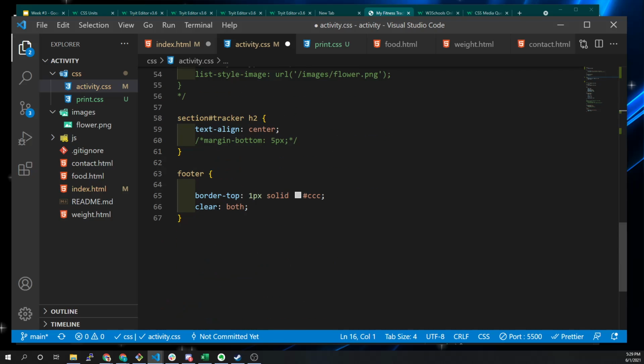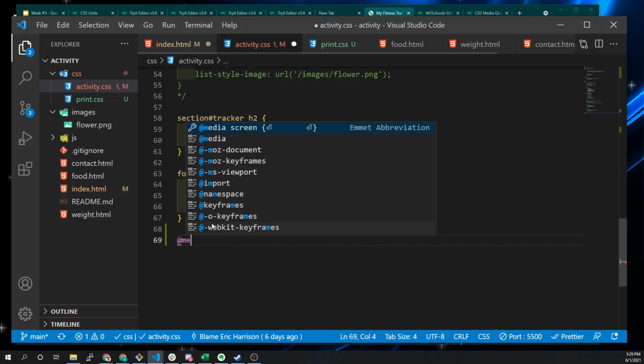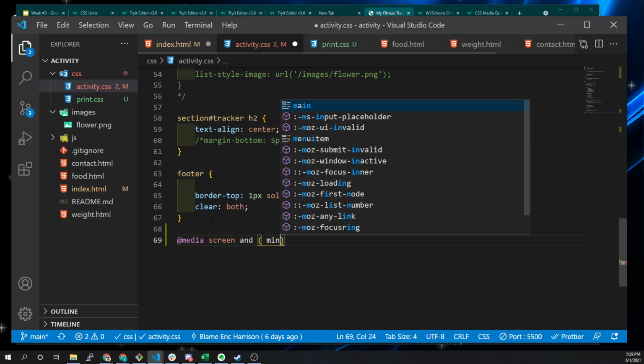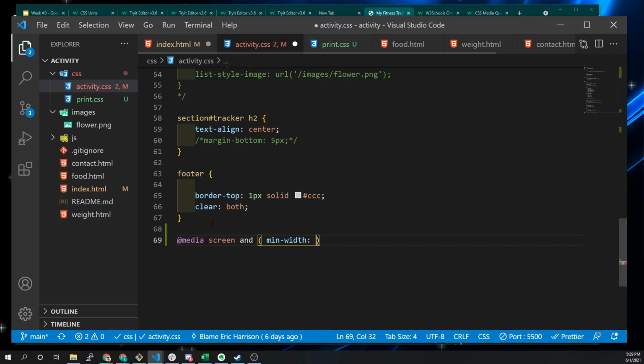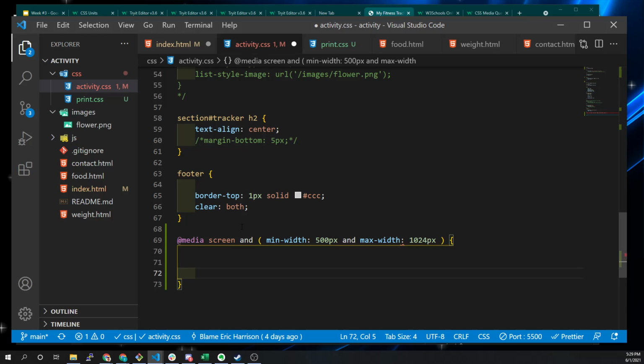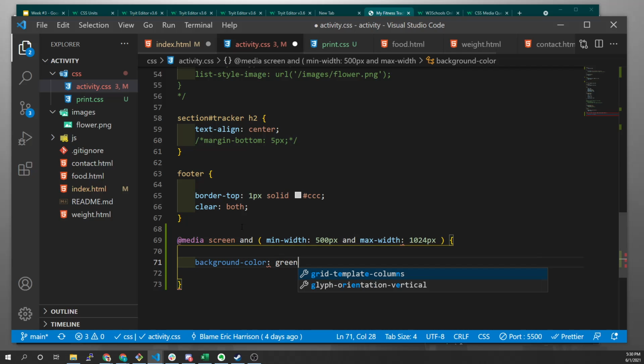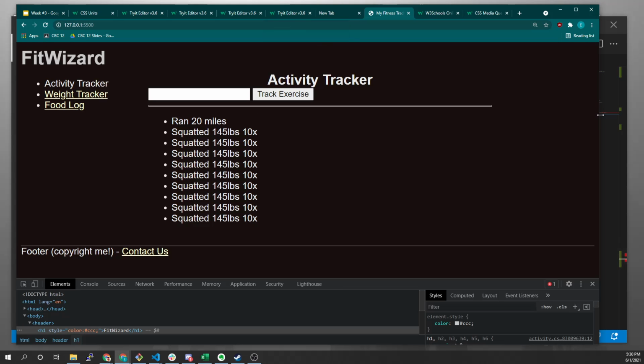Great. So let's add a media query. It says at media screen and min width 500. So we've just given ourselves a media query that will exist between those two sizes. So I'm going to come in here and say, what are we going to do? Background color green. So we have a page that should, between a certain